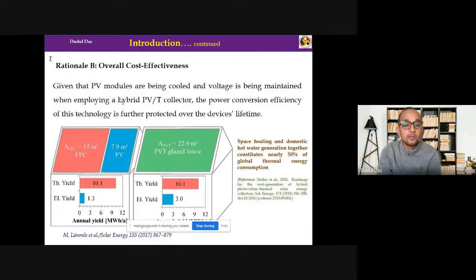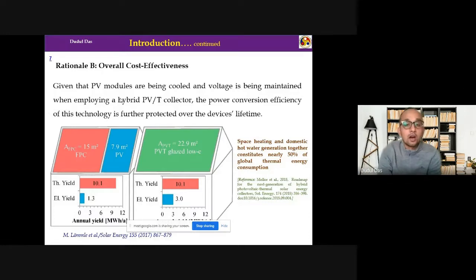But when we use PVT, we are feeding the water into the geyser at 40 degrees centigrade. That means, in the previous case when no PVT was used, we needed to heat up the water from 25 to 50. That means the water temperature needs to be increased by 25 degrees. So MCP delta T, if we use the formula, we can calculate the energy,